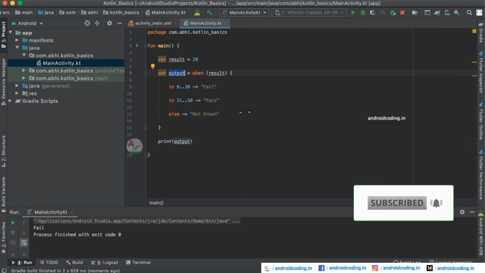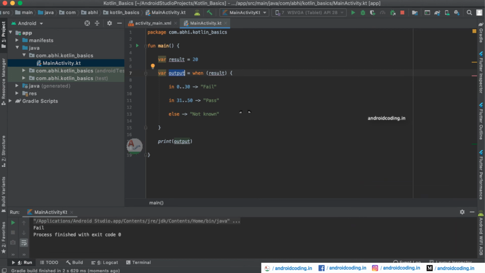You can make use of these kinds of when declarations according to your requirement when you don't want to print the statement or you don't want to execute it directly, rather than storing it for later use. So you want to go through these conditions and check which one accurately matches your result, and then you want to store the result into your variable and later on you can use it. This is how we can declare variables.